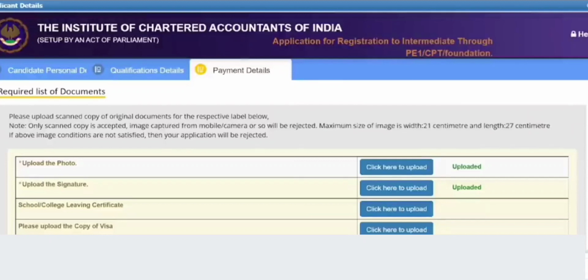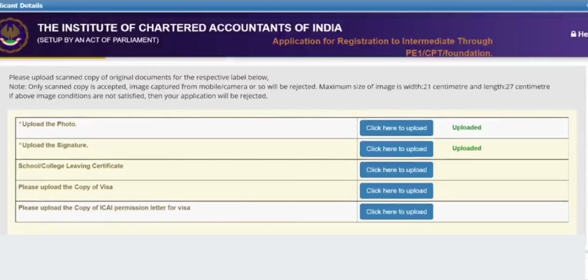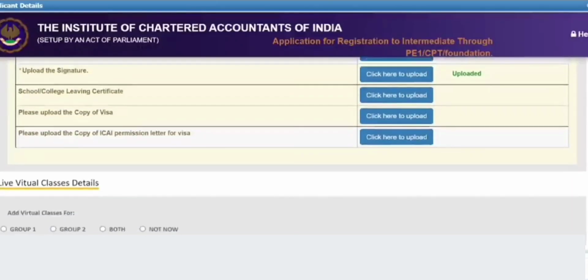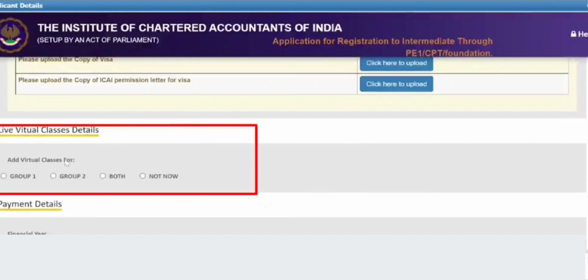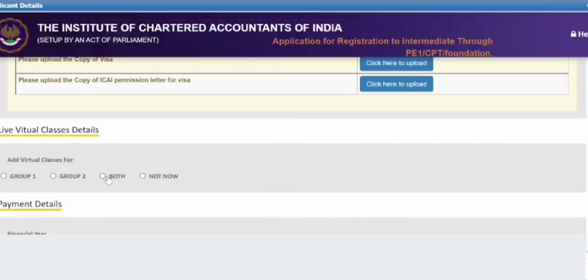After that you can scroll down, and here you have to select the live virtual classes. So I would suggest you select the virtual classes. If you are registering for group 1, then select group 1. If you're registering for group 2, then select group 2. And if you're registering for both, then select both, right? So this will be the virtual class. You can select both if you're registering for both groups. And after that,